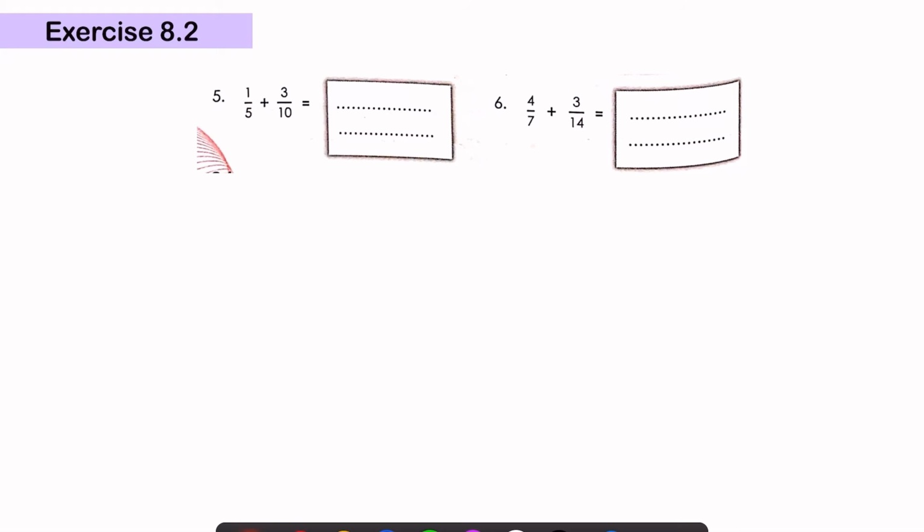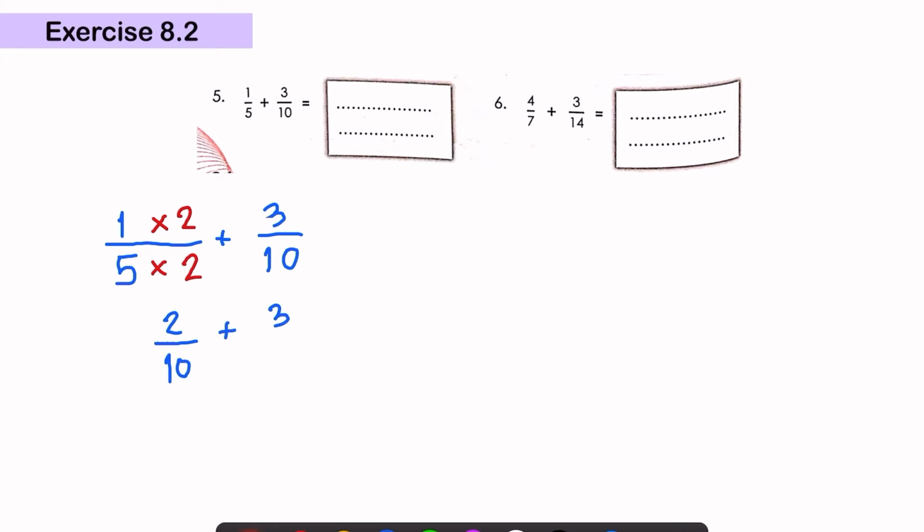Step number 1, check the denominator first, and then you can see that they are not equal. We need to make them equal by multiplying, so we can add the fractions. I need to change 5 to 10 by multiplying. I need to multiply 5 by 2, so I can get 10. If I multiply 5 by 2, I need to multiply 1 by the same number. And then we get 2 over 10